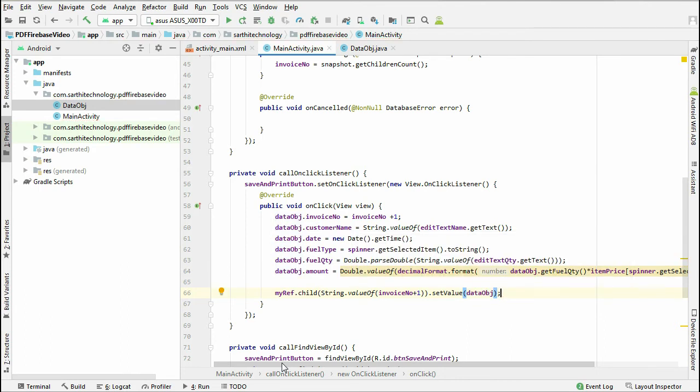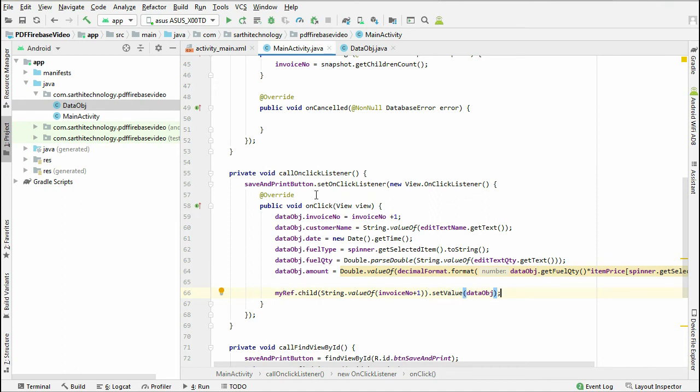Using this way, when we click this save and print button, first all the information will be saved in the data obj, and this data obj will be saved in the database.